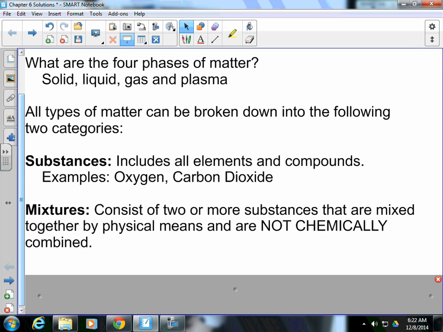Where mixtures consist of two or more substances that are mixed together by physical means, not chemical. So two things that are mixed together by physical means and not chemical. So we just got done talking about chemical reactions. Anytime you have a mixture, you don't have a chemical reaction occurring. It's just by physical means. And we're going to talk about that in section 6.2, what are those physical means by which we can get a solution. So two categories, substances and mixtures. Remember that